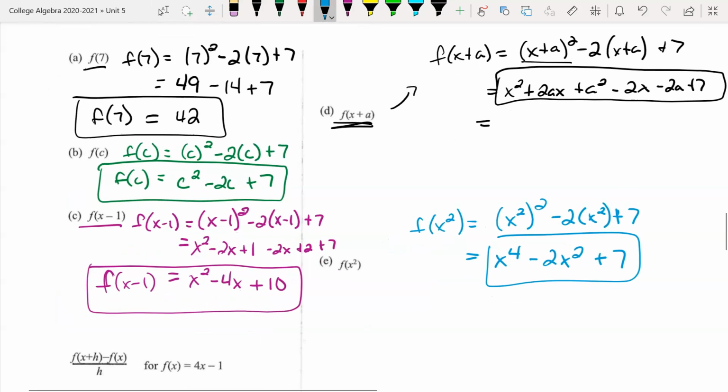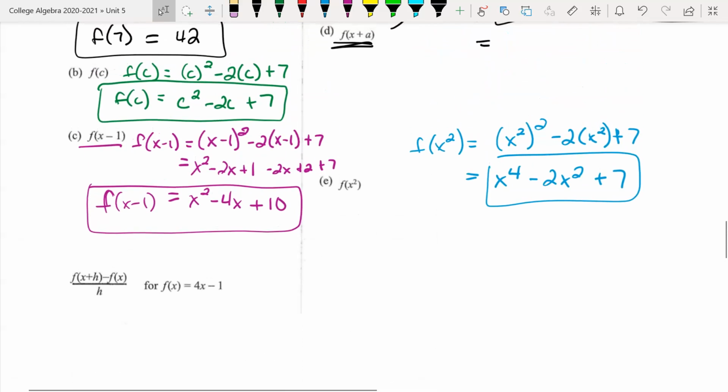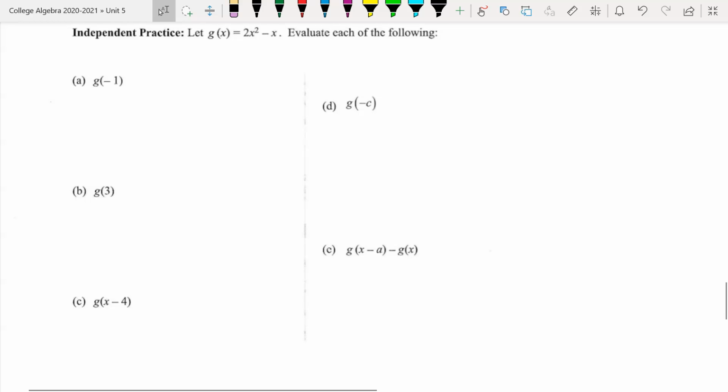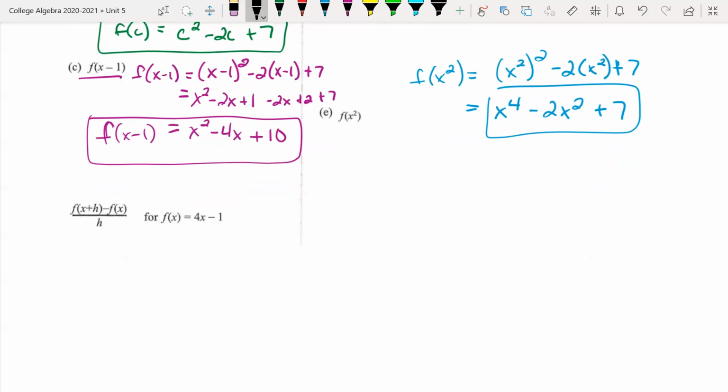Okay? And then lastly, I threw in one extra one. That'll be for the people that are in person. But this one right here at the bottom. So they're going to give you a function. And then they're going to give you this whole long expression that I started with, the f of x plus h minus f of x over h. Now what I want you to do here is I want you to replace